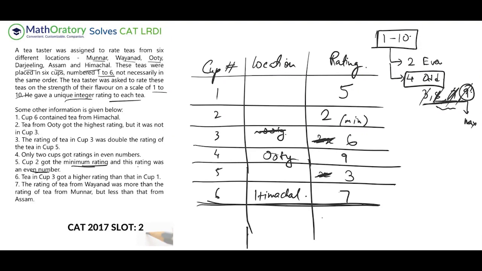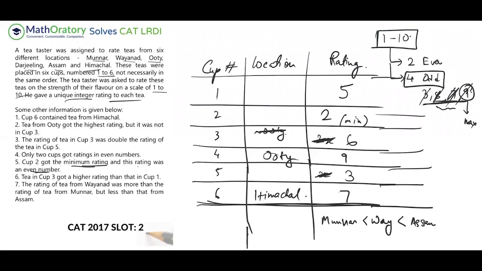So let me put it in this way. Munnar, that is double N, right? Anyhow, doesn't matter. Then you have Wayanad. Let me write it in short anyhow. So Assam. So this is the rating thing. So I've just written it below the rating thing. So that's it. Nothing else is given.